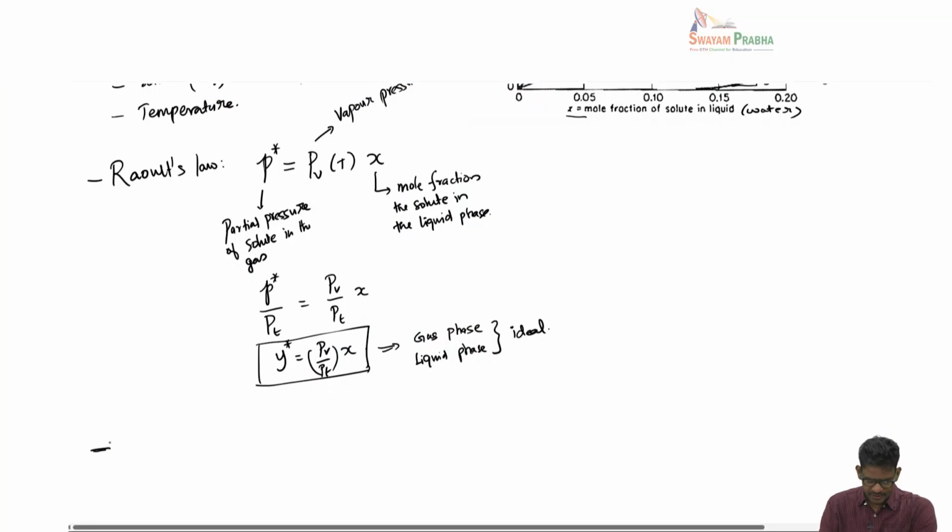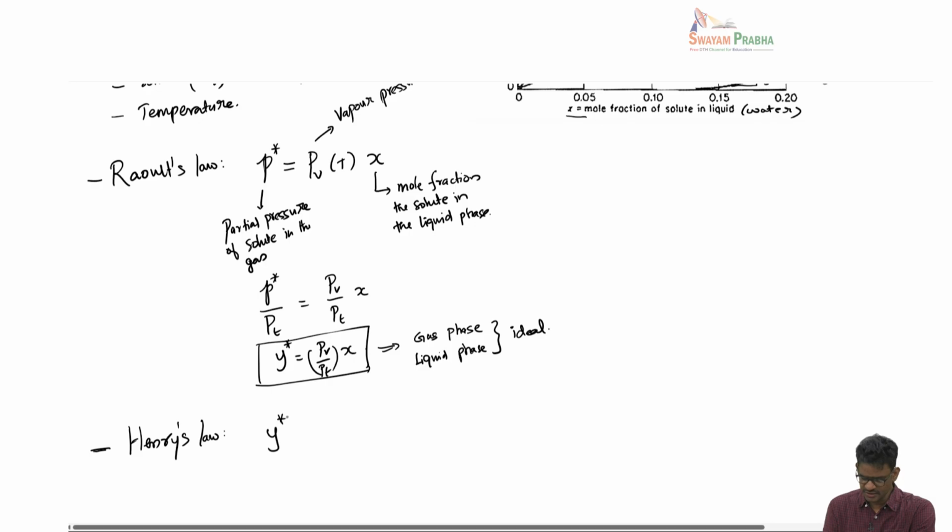But the applicability of Raoult's law is very much limited to very few systems because of the nature of this assumption that both gas and liquid are to be ideal. Many times maybe the gas is ideal but the liquid is not so ideal, so then this law is violated. So, inspired by the form of Raoult's law, which says y is proportional to x, another law is very famously known: Henry's law,